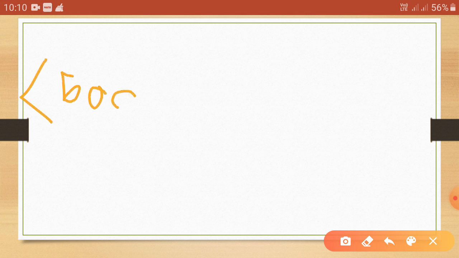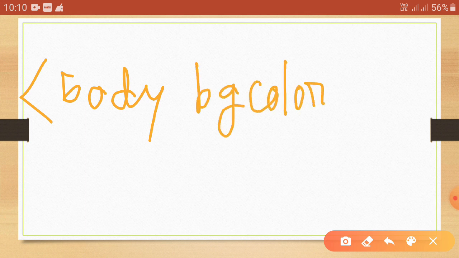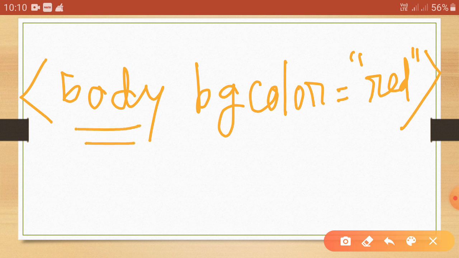Body bgcolor equal to red, and angular bracket. So the tag used is body and bgcolor is the attribute here. So bgcolor is known as the attribute here.